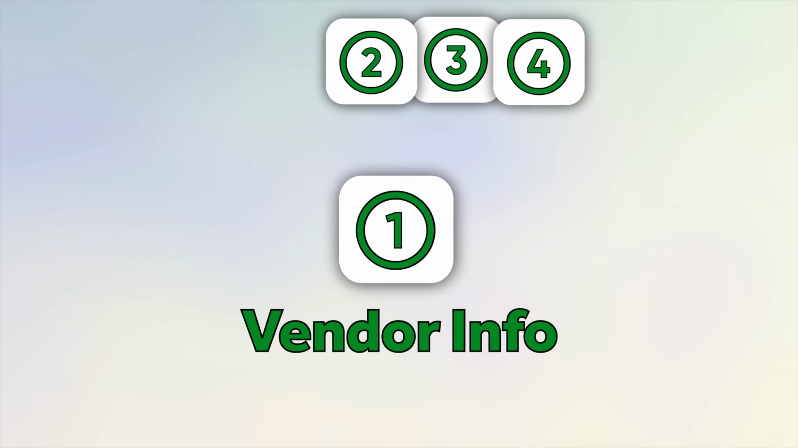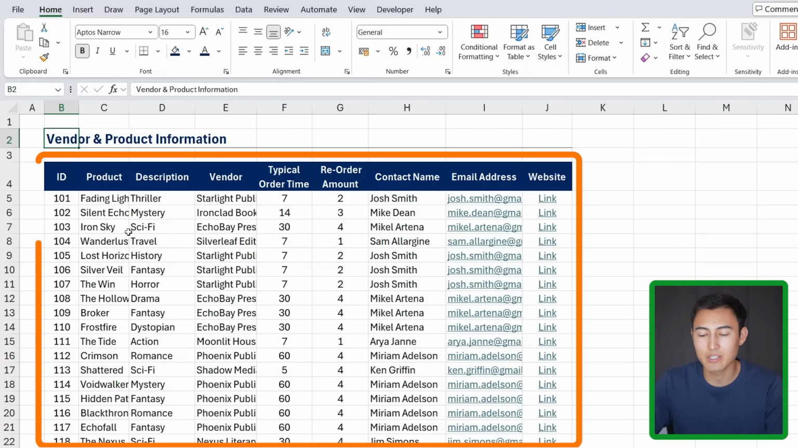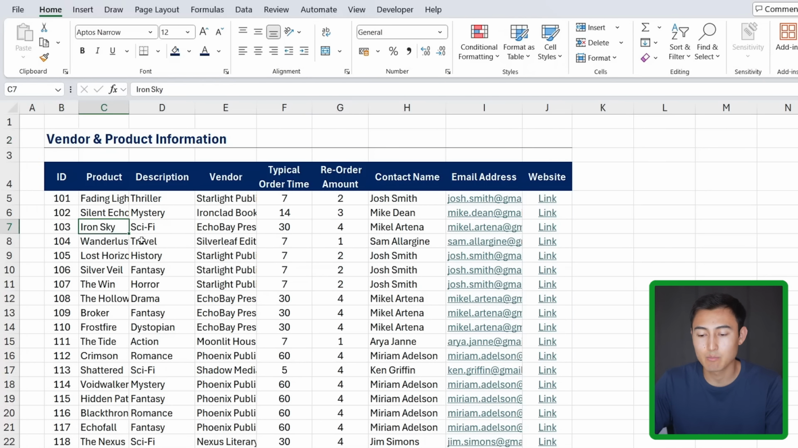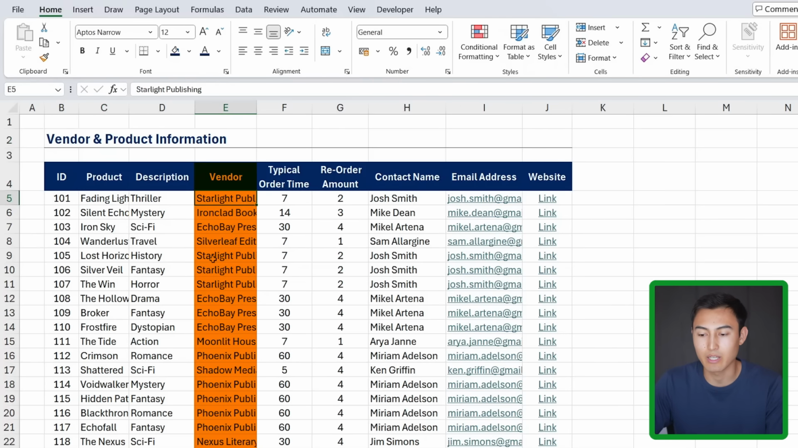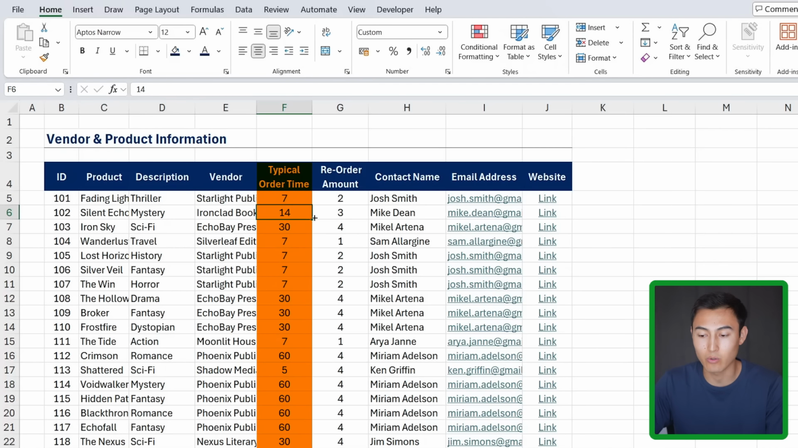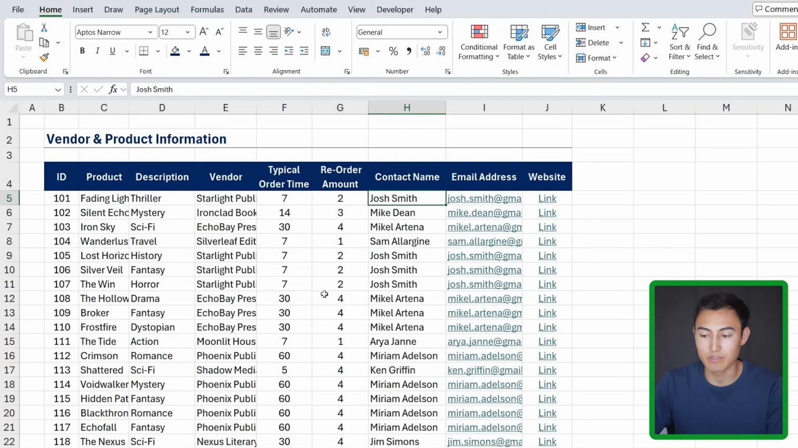The first step is the vendor information sheet. So let's take a look at the Excel file, and over here you can see I have some data laid out. Let's suppose that we're a bookstore and these are all of our publishers that we have right here as our vendors. We also have some data on the typical order time, so how long they typically take in days, the reorder amount, so usually when we reorder, how much quantity do we reorder for each of these books, and